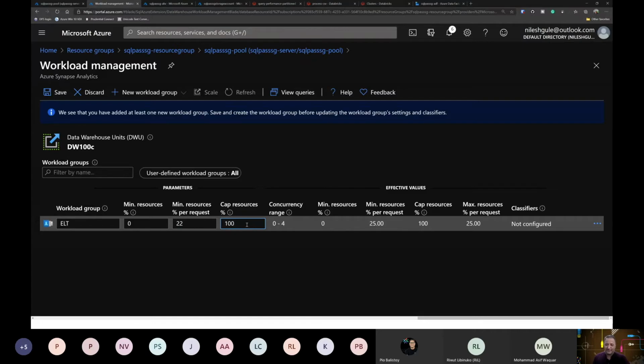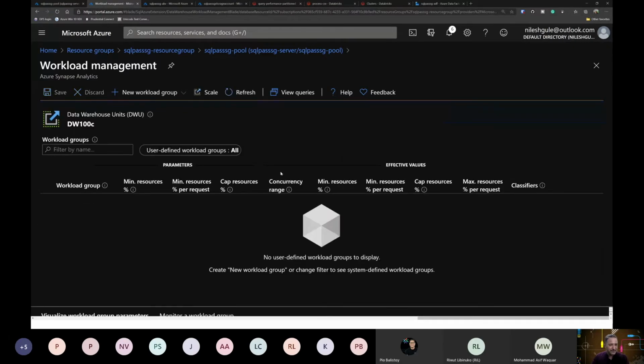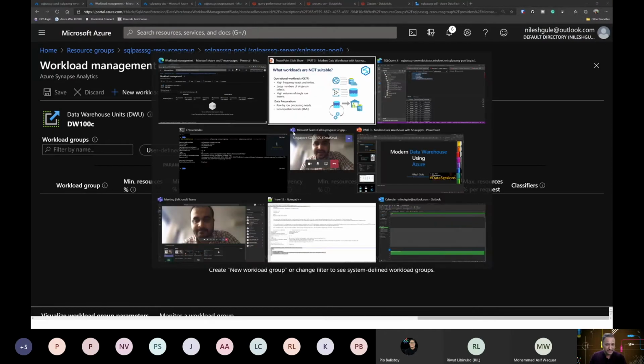So this is to avoid, let's say, one process taking the whole of your data warehouse resources. If you have the need to have multiple users or multiple systems or multiple processes running concurrently, you can limit the number of resources which are taken by a particular group of resources or particular jobs. And this allows us to set limits, set caps on those resources which are used for one individual group of resources. So that was about the workload management.